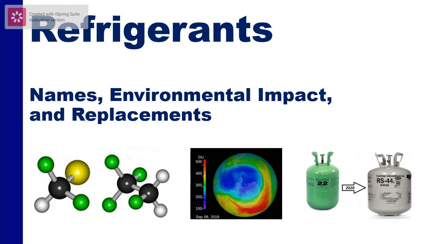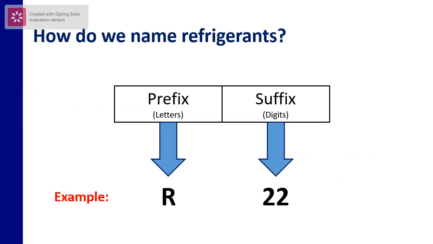Hello. In this module we will learn about the logic behind refrigerants' names, their environmental impact and concerns, and the quest for finding or inventing the most suitable refrigerant. Refrigerants are named using a prefix that is usually the letter R, and a suffix which is a combination of numbers